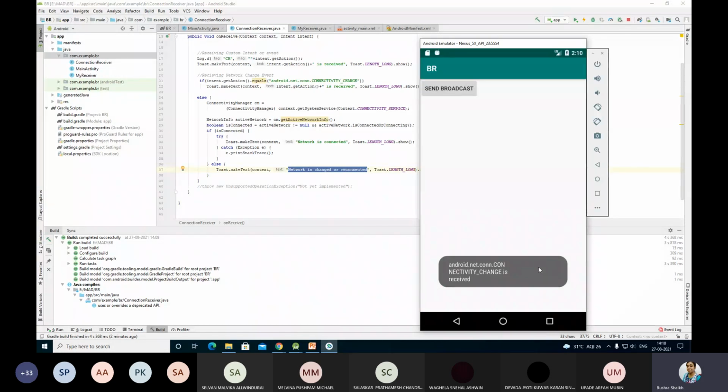अभी देखते हैं थोड़ी देर के बाद. बिकॉज वो हमने वो भी लिखा हुआ है ना, टोस्ट डॉट लेंथ लॉन्ग, तो मे भी हो सकता है। अभी देखते हैं आता है क्या। मैम ये लेंथ लॉन्ग और लेंथ शॉर्ट में क्या डिफरेंस है? नहीं नहीं, वो टोस्ट कितने टाइम के लिए उसका ड्यूरेशन होना चाहिए। अभी रुको, मैं चेंज करके बताती हूँ, पहले ये वाला हो जाने दो, वो नेटवर्क कनेक्टेड आता है क्या।